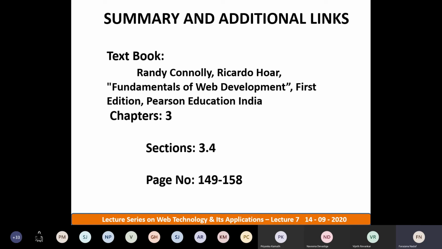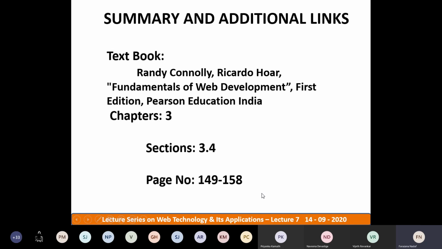Then the attribute selector, where selectors are applied based on attribute name and attribute value. Then pseudo element and pseudo class selectors. The last one is the contextual selector, which comes in different forms, like siblings, descendants, or ancestors. You can also refer to the book by Randy Connolly, chapter 3, section 3.4, page numbers 149 to 158.